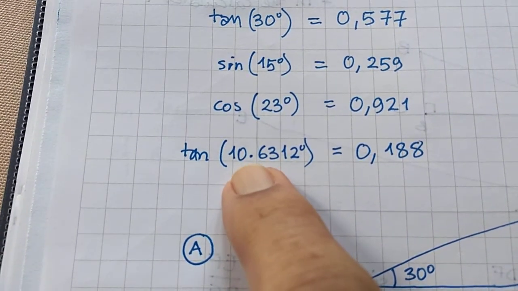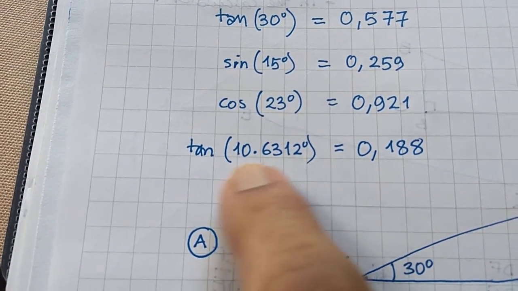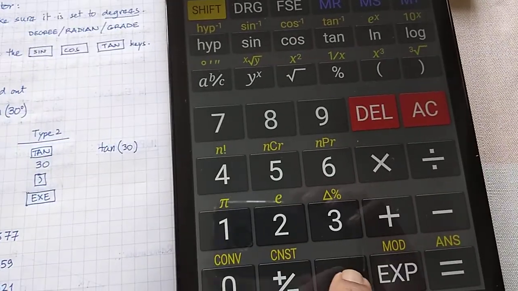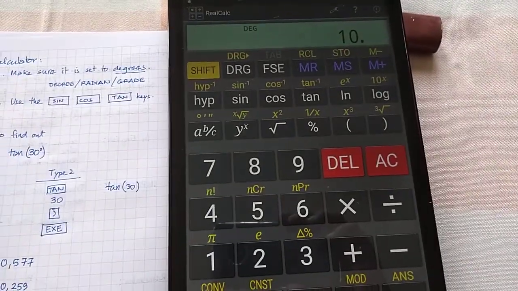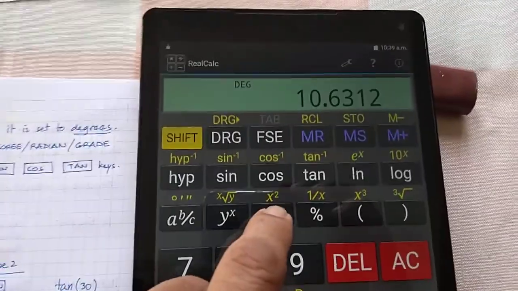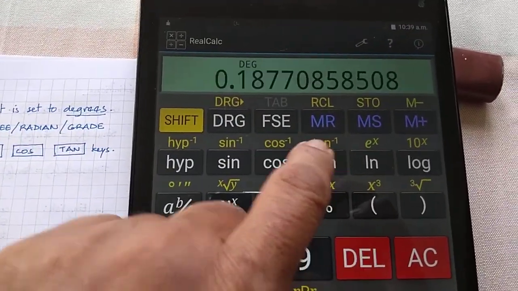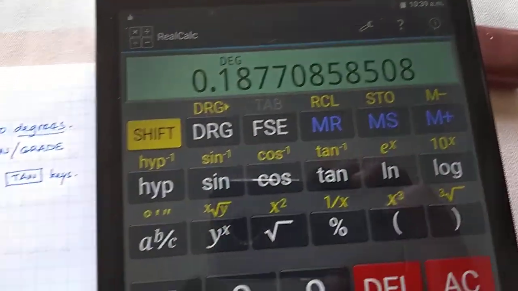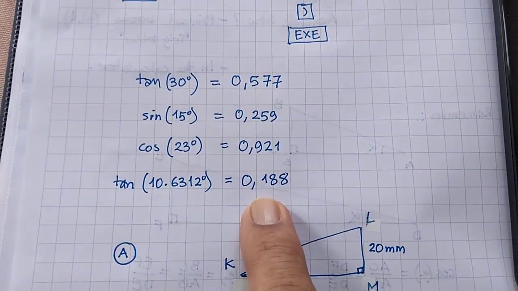Interestingly, it will do this for any value you ask. Let's take tan of 10.6312 degrees. If I take tan of this, I get 0.1877, which I round up to 0.188.